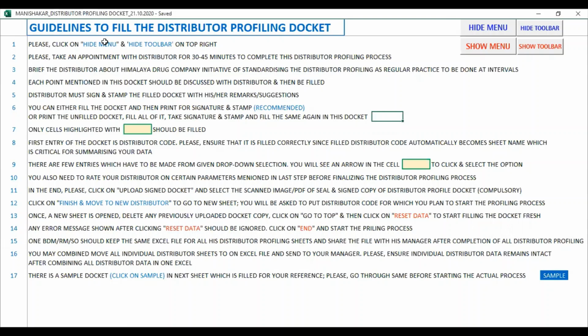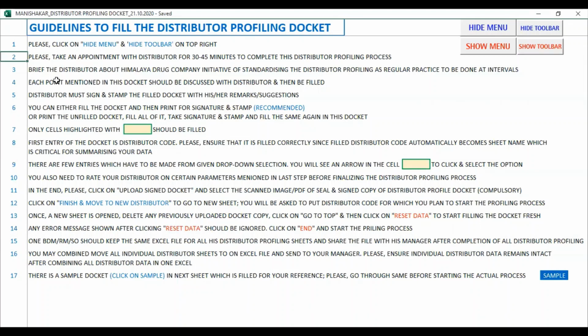Now, the second guideline reads, please take an appointment with your distributor for 30 to 45 minutes to complete this distributor profiling process. So this entire profiling docket has to be filled along with the distributor, and it is going to take at least 30 to 45 minutes.